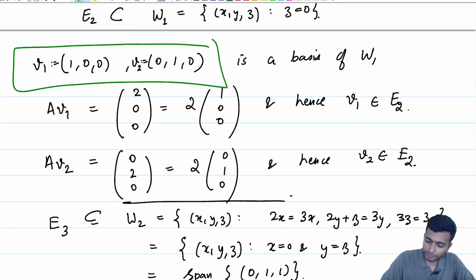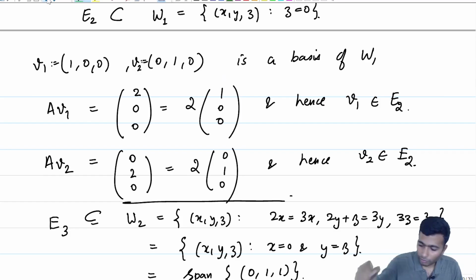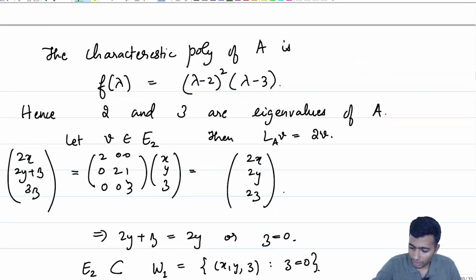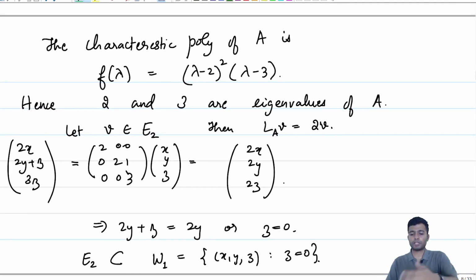Let me get hold of the two vectors V1 and V2, which is now put in green. They are linearly independent and hence a basis of the eigenspace. So, for every eigenvalue, we have as many linearly independent vectors in this case as the multiplicity of our given eigenvalues. And that is going to be the key